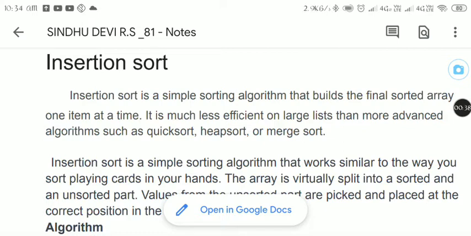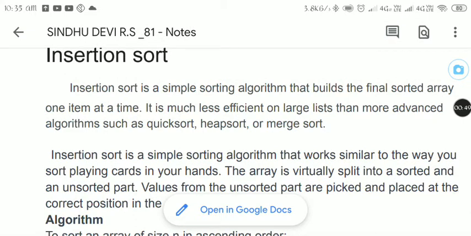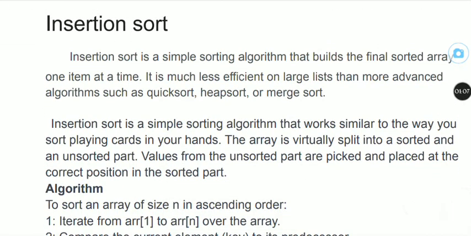Insertion sorting is a sorting algorithm where the sorted array is built one item at a time. The array elements are compared with each other sequentially and then arranged in some particular order. The analogy can be understood from the way we arrange a deck of cards. In programming, the algorithm works similar to the way you sort playing cards in your hand. Likewise, insertion sorting is performed.